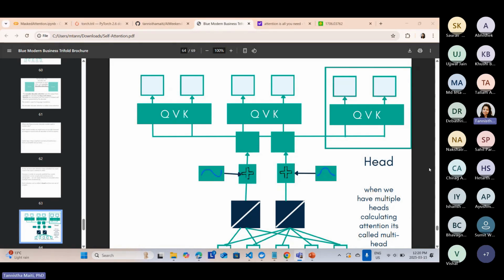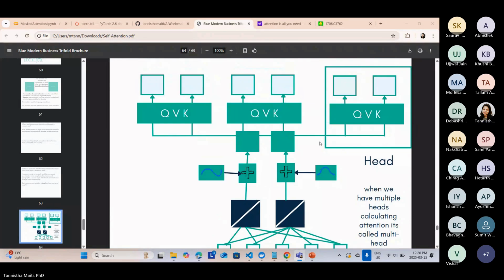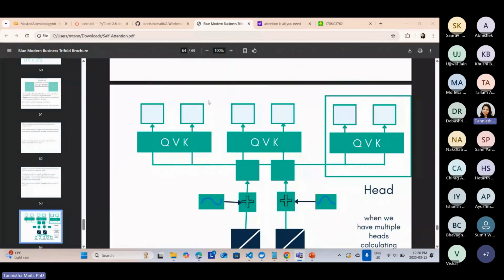Okay, so when we have multiple heads calculating attention, it's called multi-head attention. Each and every one of these is called a head. And why do you need this? Because